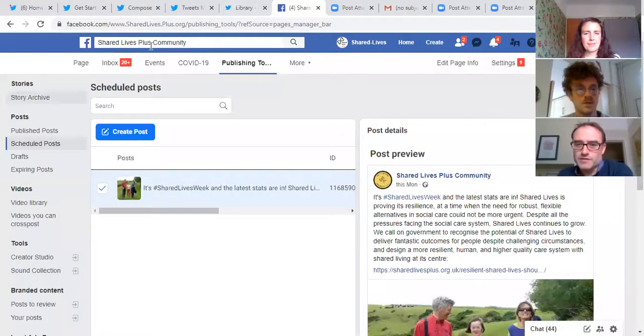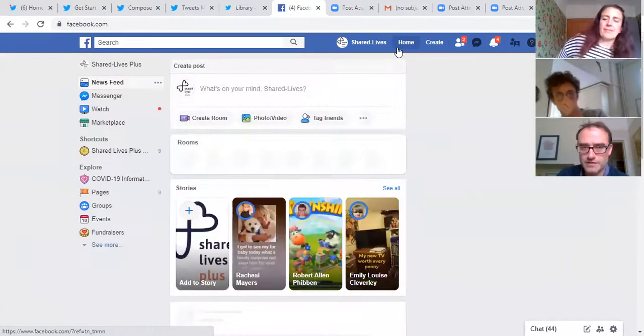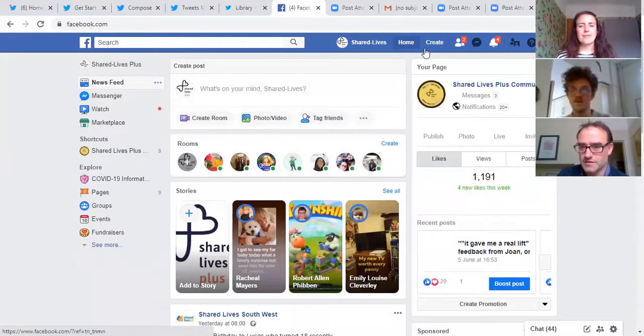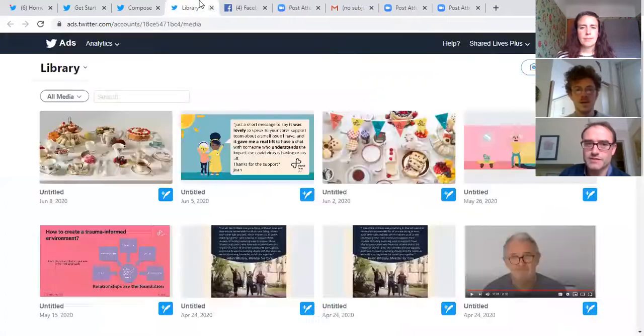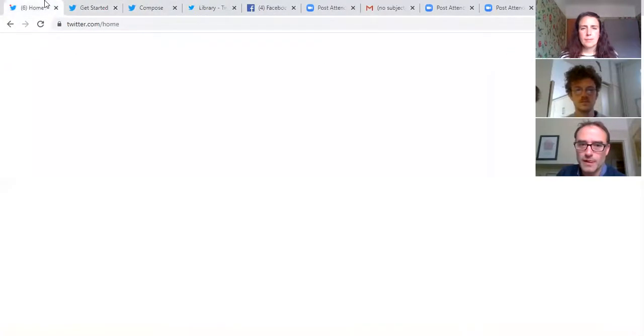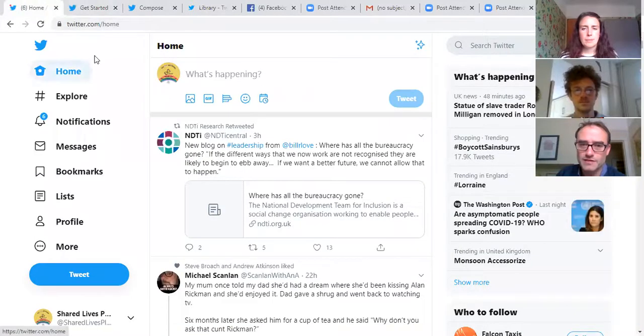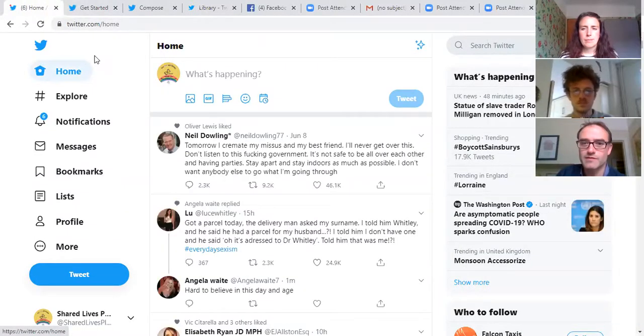I was just going to add as well on the toolkit, which is on the members area. I've added a couple more things in the last few days as well. So there's the transparent bunting thing, which you can put across images and things to brighten them up. And we've actually used that on a couple of our posts around Shared Lives Week with the sort of Tea Party theme in mind. So if you're creating stuff on Canva and you're using those, then with the blank background, if it's a PNG, then it's a blank background.